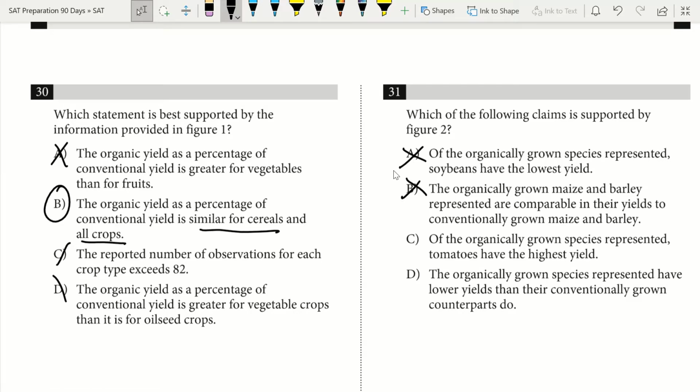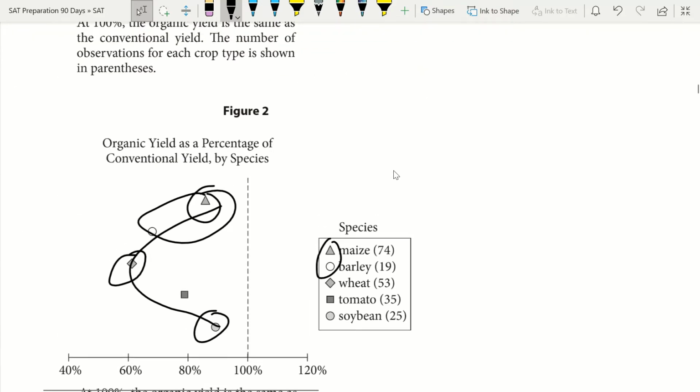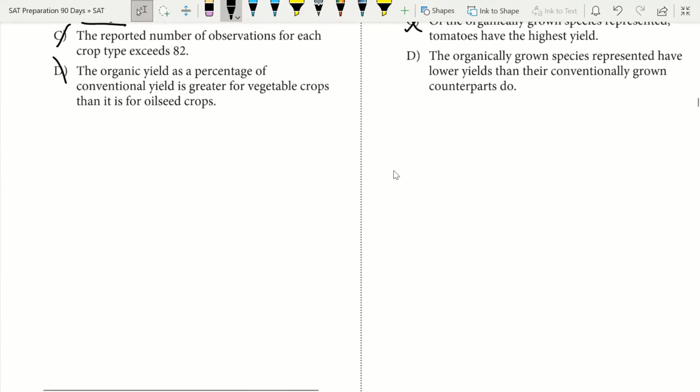Of the organically grown species represented, tomatoes have the highest yield. I remember tomatoes do not, and I'll go show you that real quick. The highest yield, we see tomatoes is here. We have higher yields here, and we have a higher yield up there as well. So our answer by default is going to have to be D, and we can go ahead and show that